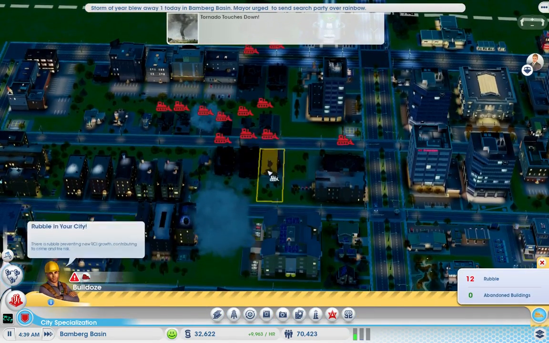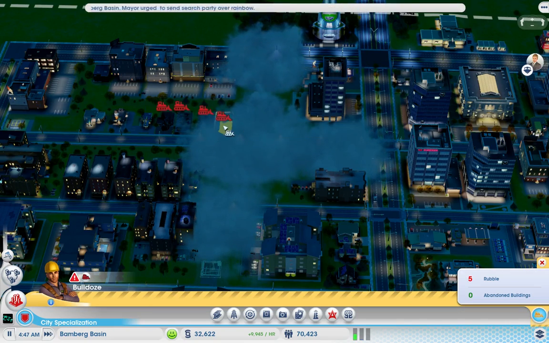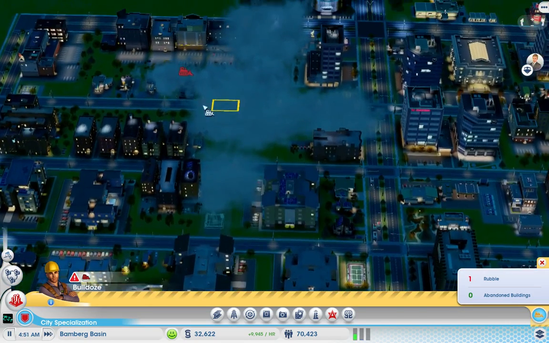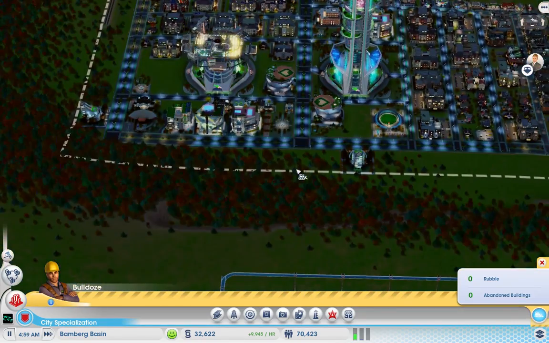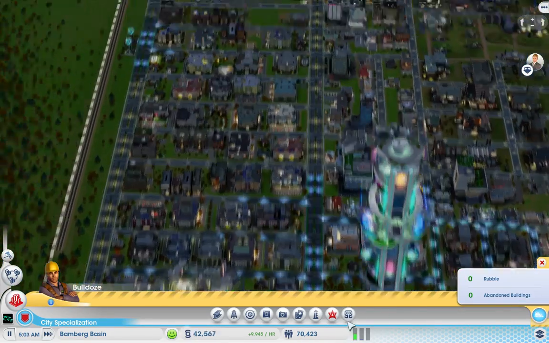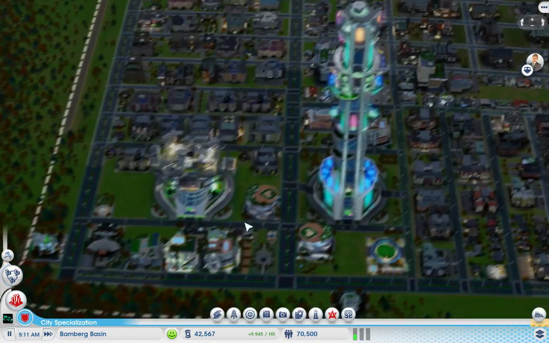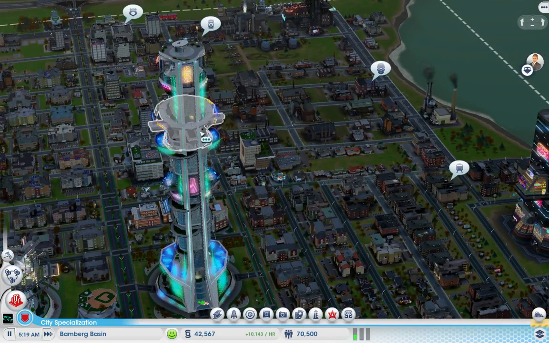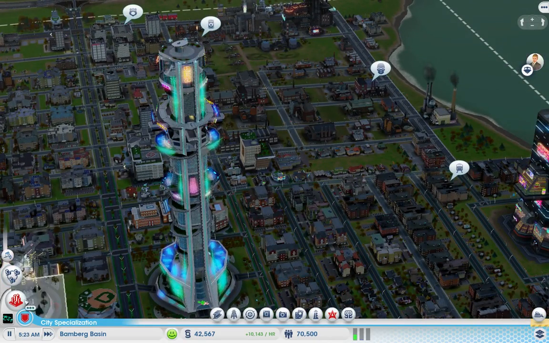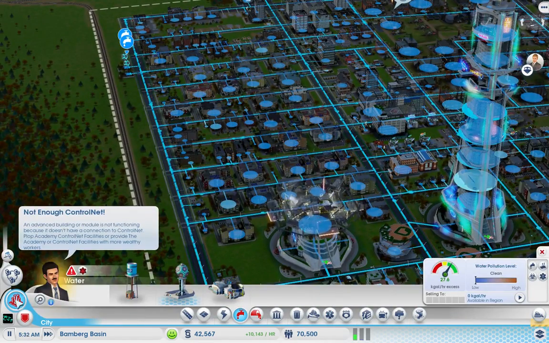But now we've got a lot of rubble to demolish. There we go. Oh, missed one. There. So there we go. Fix that nicely. Kind of. And we've got this mega tower going up, which is great. So which is the... Right, so we also need... So we're still running out of control net,